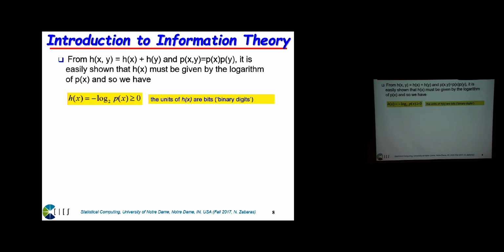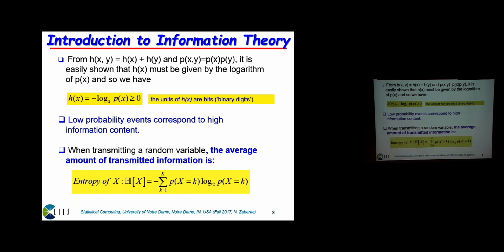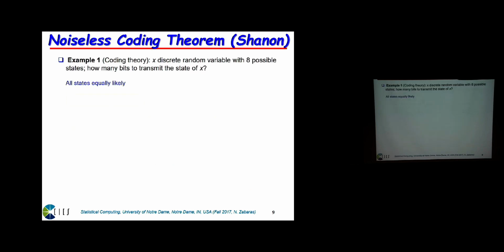So it satisfies the two desired features for h of x. And for us, we're going to define entropy as the average of this measure with respect to the distribution p of x. So this is the definition of the entropy of x for discrete events. And you can extrapolate, and we will see the equation again. For continuous events, the summation will be an integral of p of x log of p of x. And usually the base of the log is 2. So that's what we will use here.